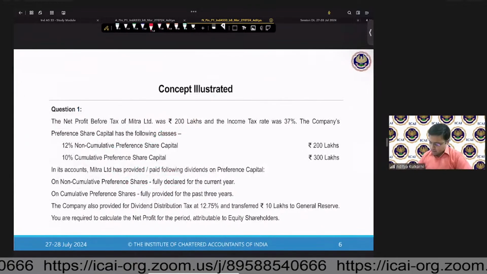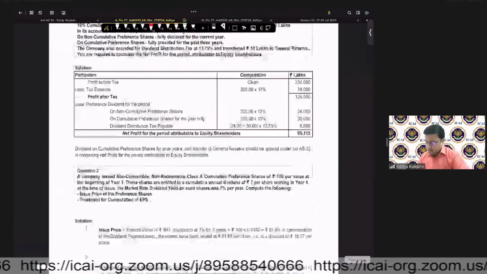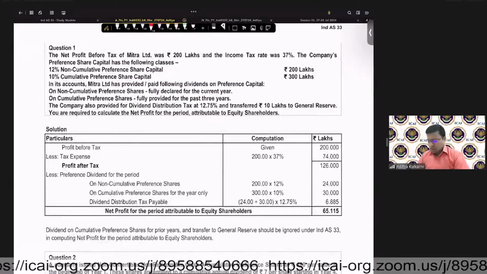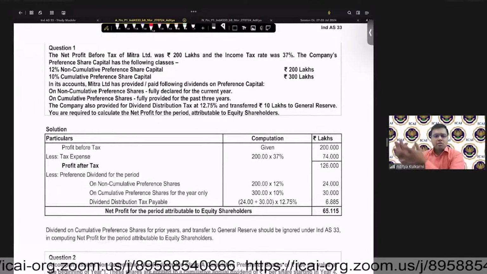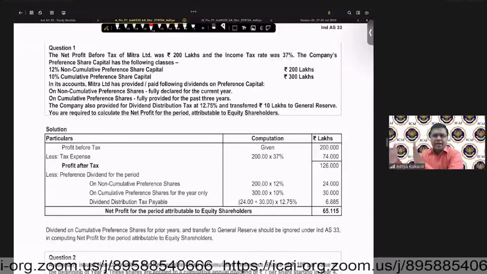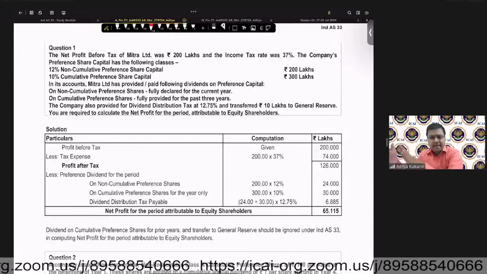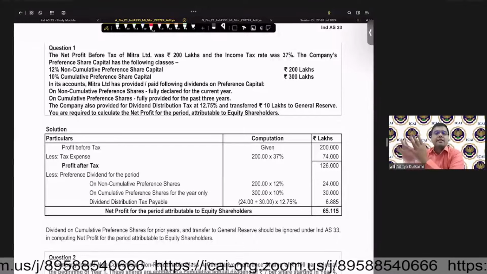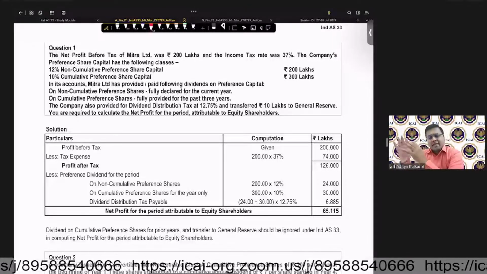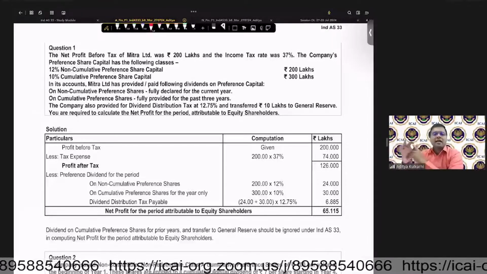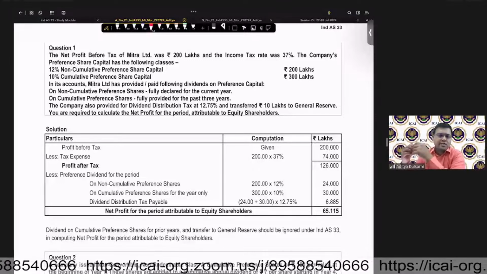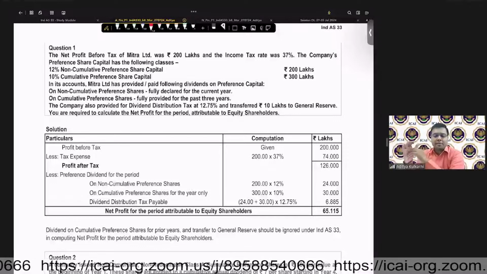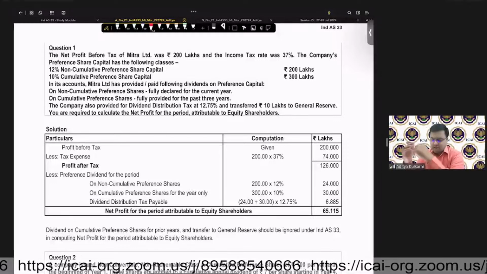Okay, so let us quickly look into one question in this regard. Very simple question. For now, today's questions, just ignore financial instruments. I will discuss that in detail when we have the questions. But right now, we are focused on understanding the concepts of EPS. So let us understand that and move forward. Then we will come to what are the changes on account of financial instruments. The major changes you will have are on account of application of financial instruments.